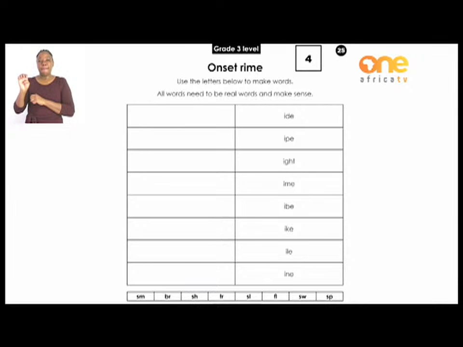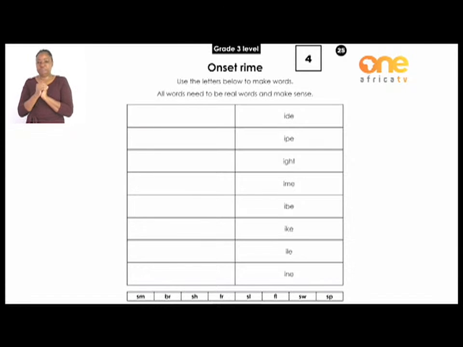That doesn't sound like a real word either. Then we have bright. Wow, there's another one. Okay. Then we have brime. I don't know what a brime is. That's probably not a real word either. Then there's bribe. That is a real word, but I don't think that is the correct one.